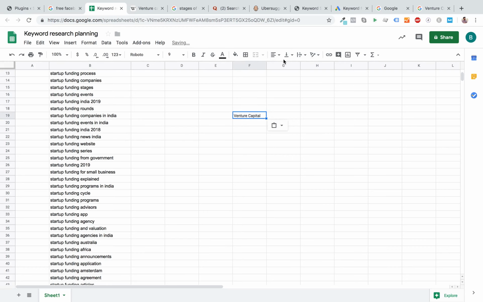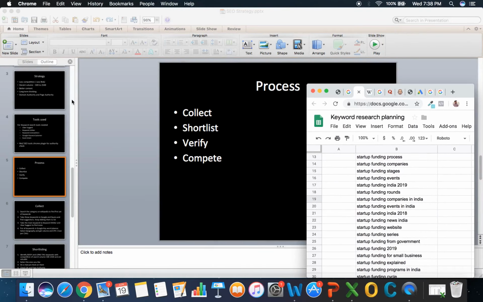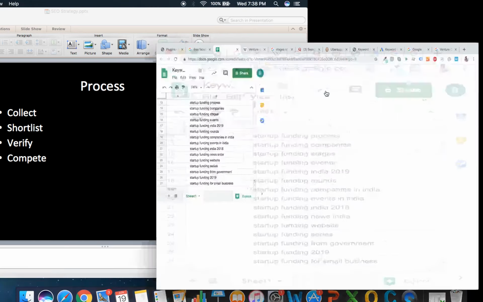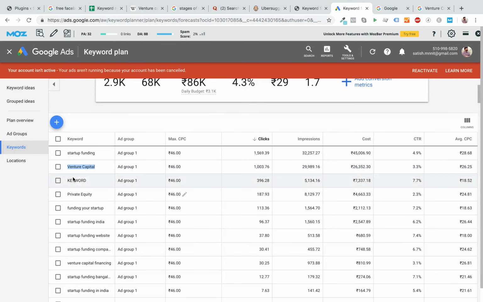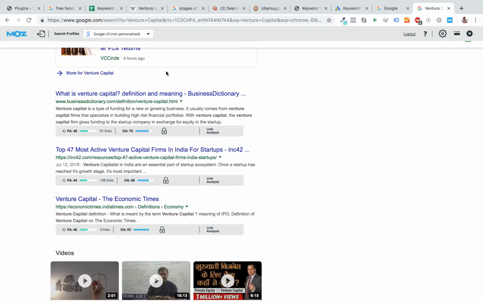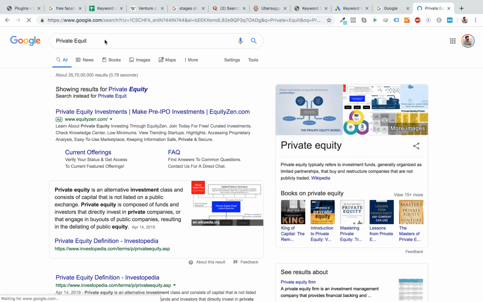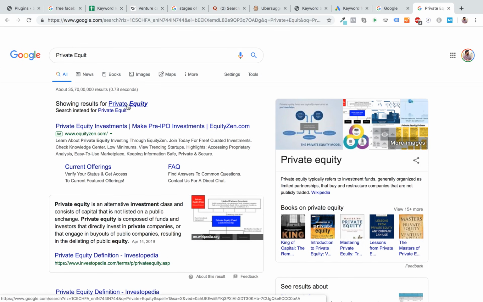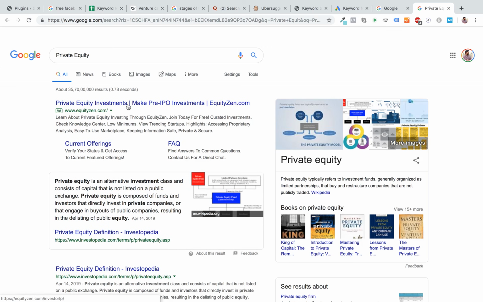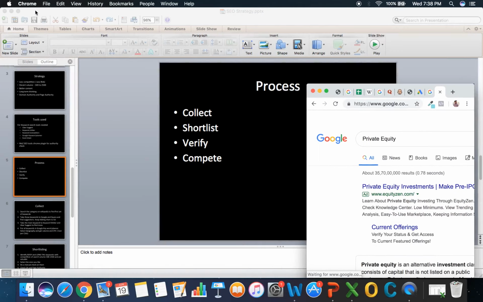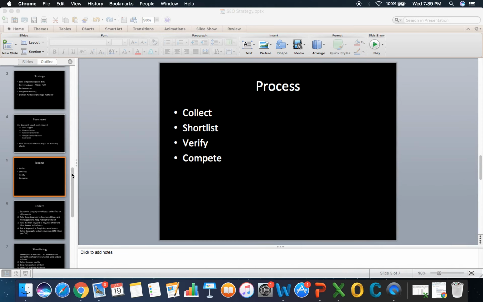So this is the keyword that I'm going to work on, and I'll create variations of this keyword again. And I'm also going to work on the other keywords like private equity, which also has good volume, but it's a niche keyword again, and it has good volume and less competition, right? So this is how I validate my idea by checking who is competing for that. Am I competing with the biggies? And then the next part of it, once we figured out these keywords, what we will do with these keywords, we're going to discuss in the next part.